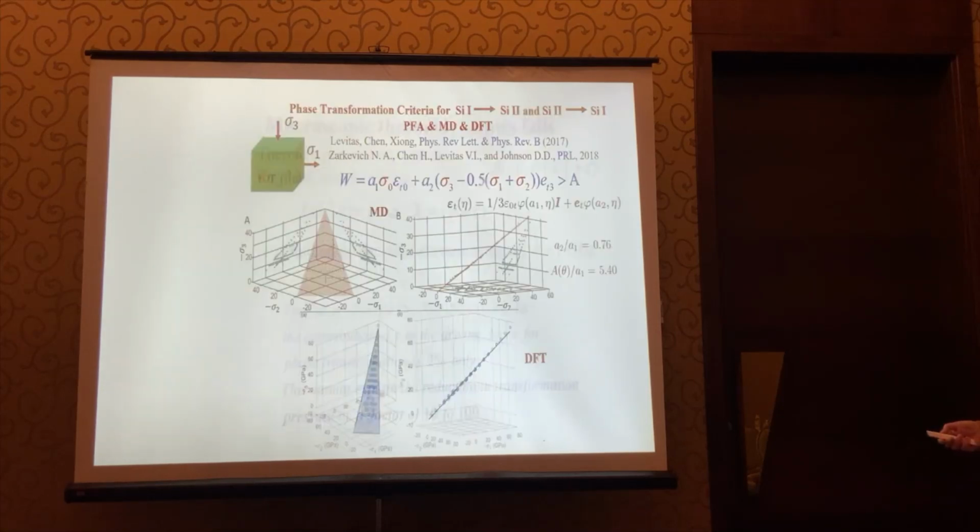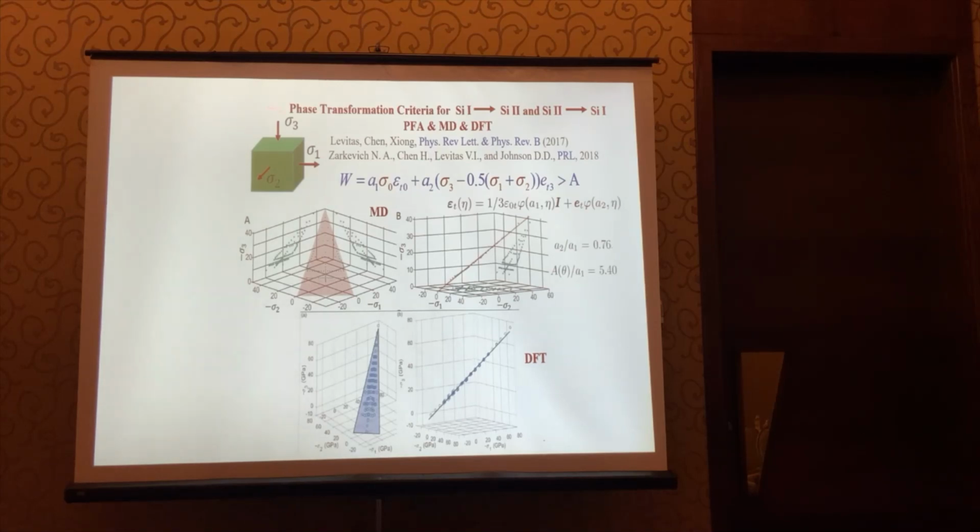That is why we developed a four-scale theory. At the atomistic scale, we derive expressions for the phase transformation criterion for a perfect crystal under the action of all 6 components of the stress tensor. It seems to be impossible due to the large combination of 6 components, but I will show we are also developing a phase field approach. And within the phase field approach, we derive these expressions analytically. So then we need to confirm or disprove them.